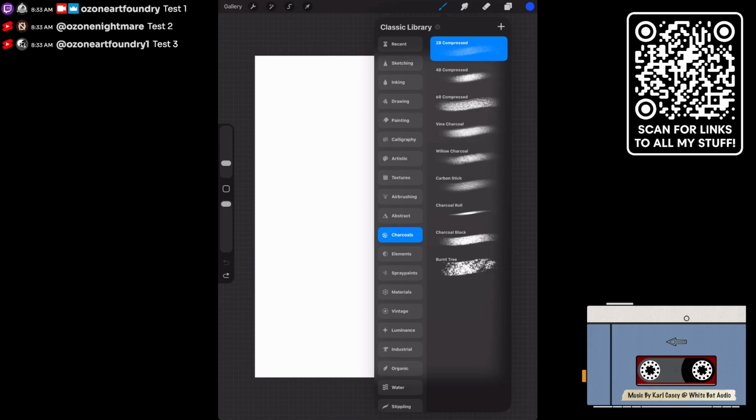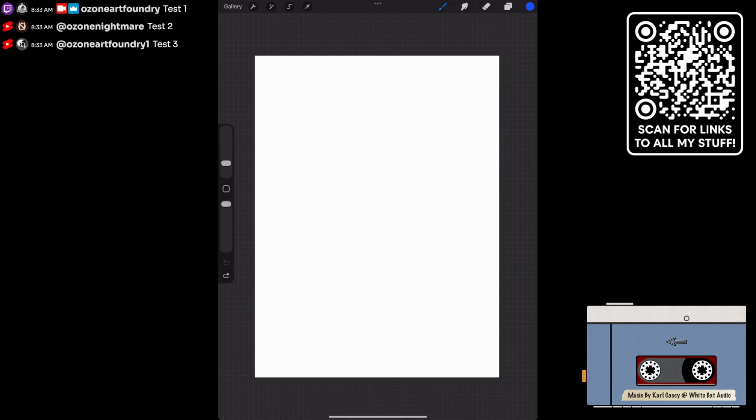What do I normally use? 2B. Yeah, 2B is right. All right, let's see. Okay, let's move that. Let's get that down a bit. That's easier to see. So let's use charcoal, a medium I never actually use, but shows up better for this. So let's just rough out what the face is going to look like, right?